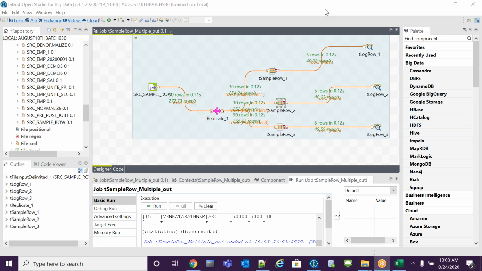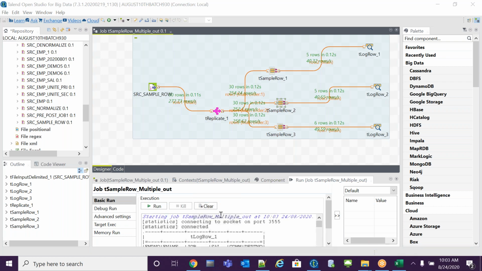Okay, one second, I will set it. Let me copy the output and paste it.